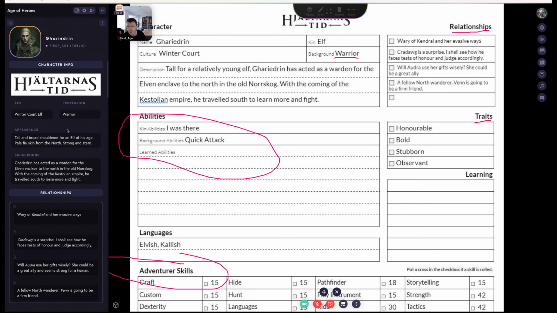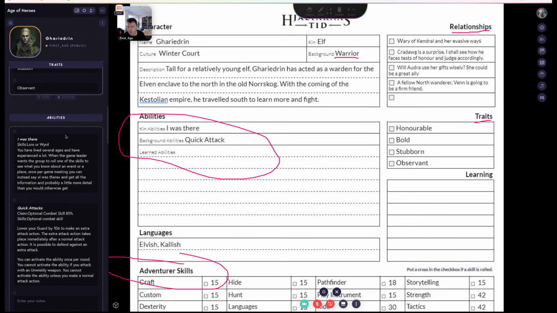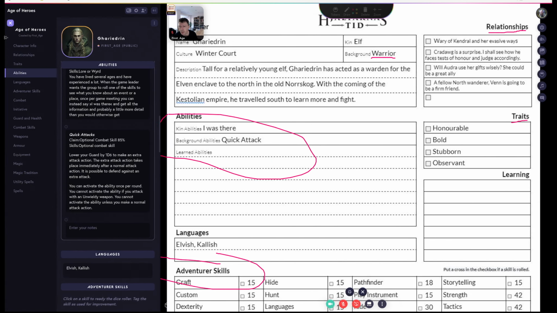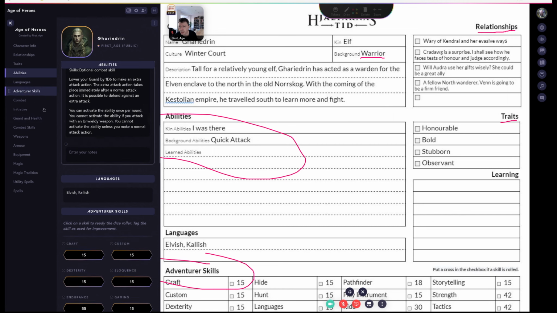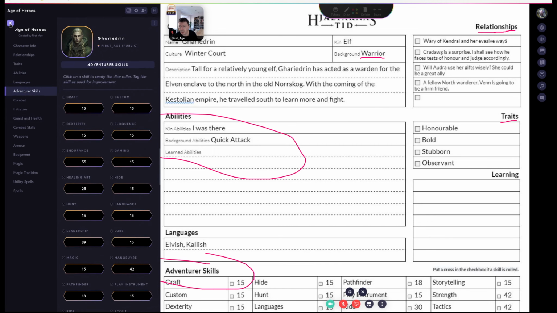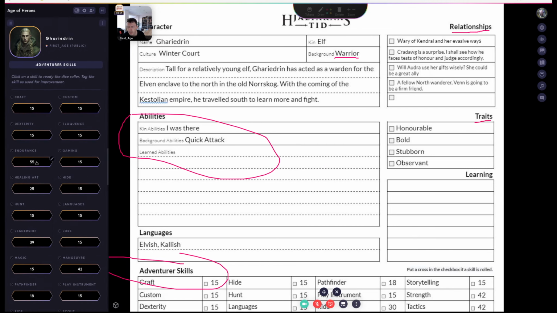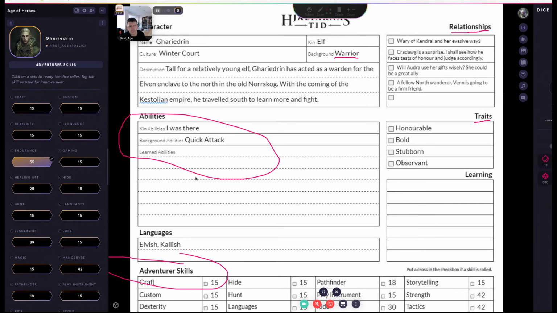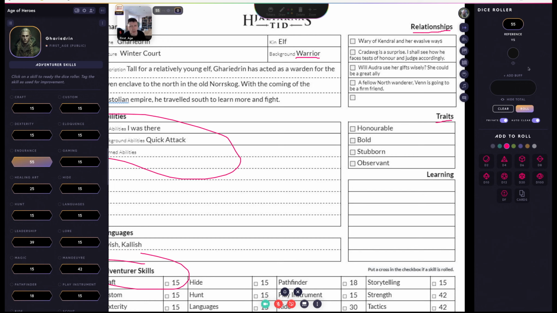So if I go back, let's make Garidran do a skill. Sorry, Garidran, it's been a bit boring for you. How about an endurance skill roll? So I'm going to click on this. Here's our skill roll, and I'm going to make a roll. Let's see what we get. All right, 12, pretty damn good. So it makes the roll.